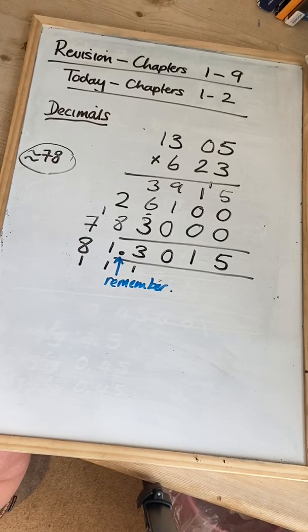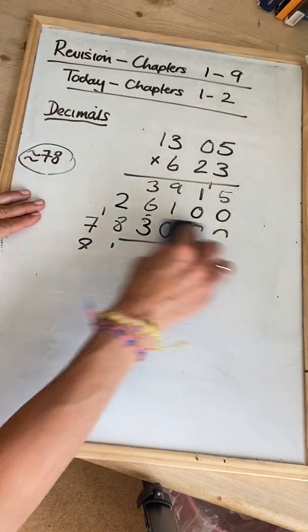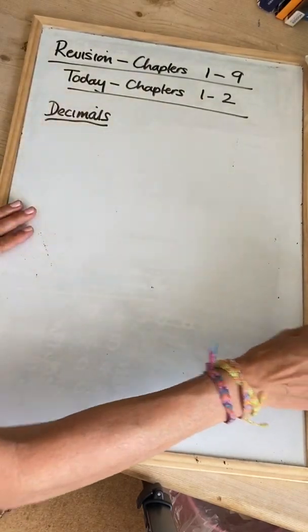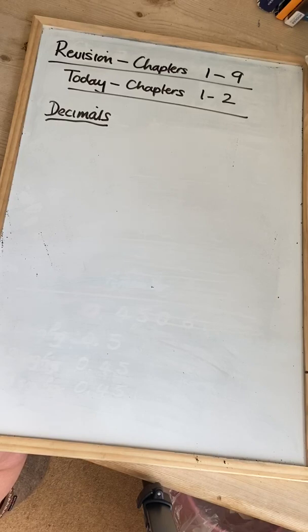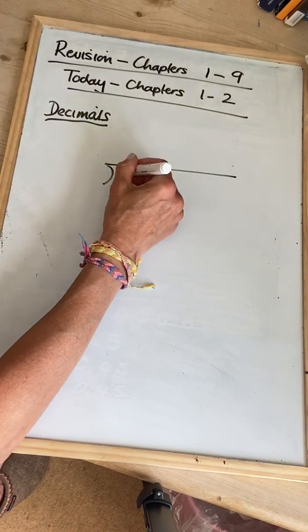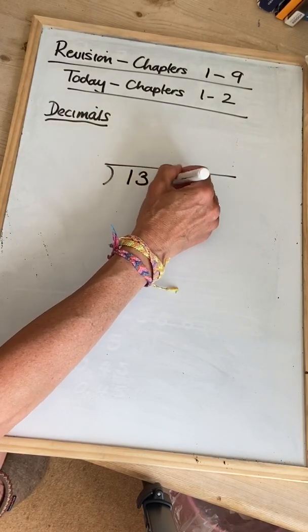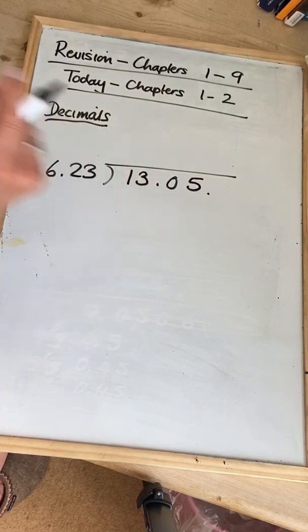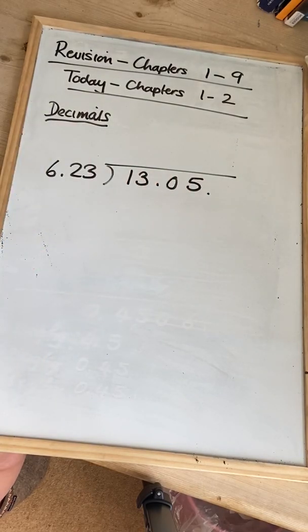Final thing, division. I know you all hate doing division calculations longhand, but it may come up, so I think you do need to be able to do it. So I'm going to use the same numbers. I'm going to use 13.05 and I'm going to put in 6.23. And I'm going to ask for an answer